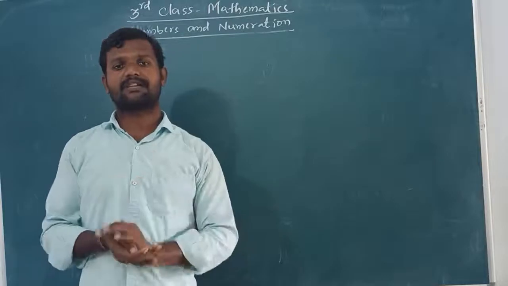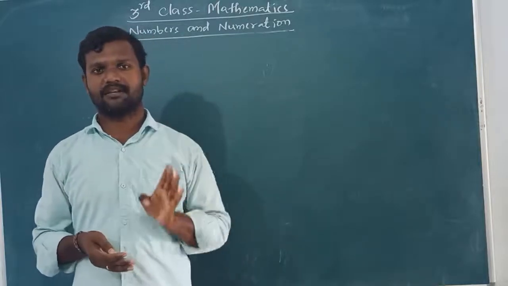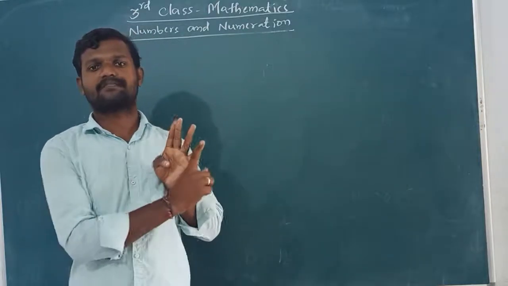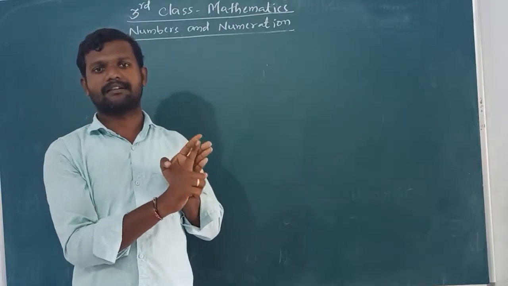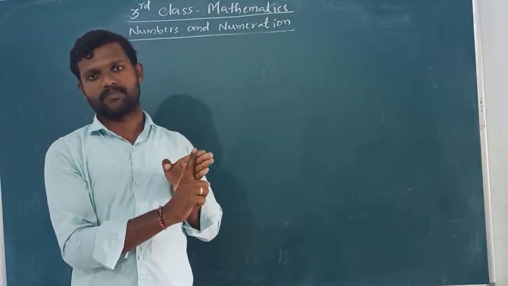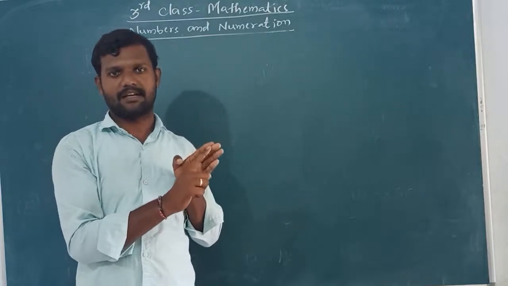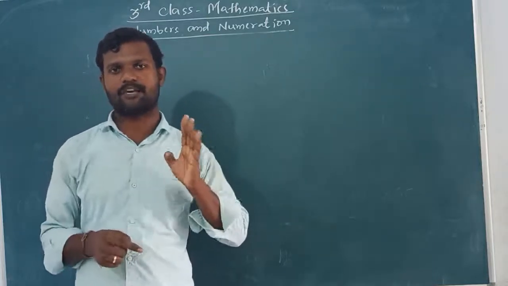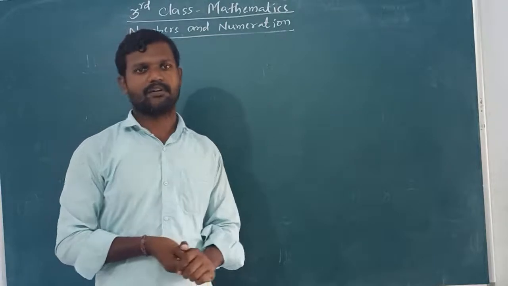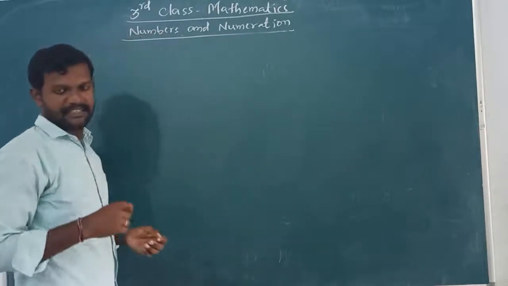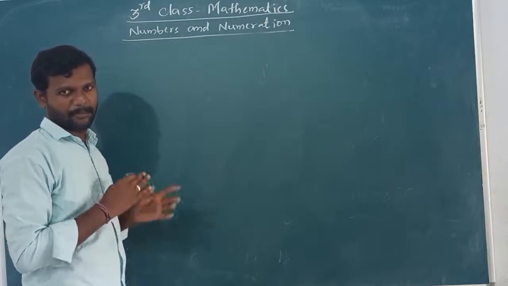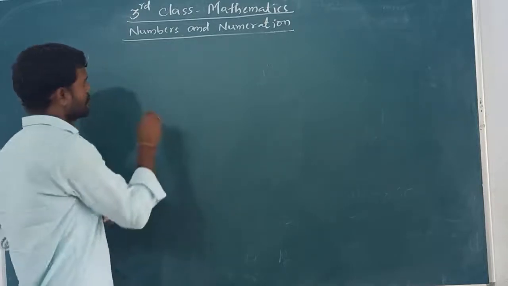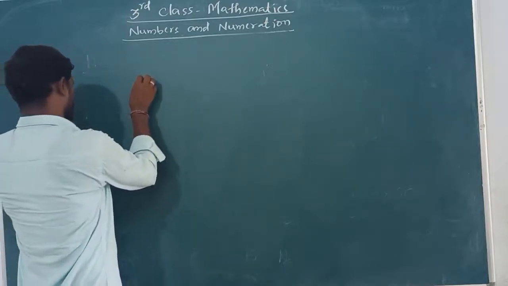How many place values are there in a 4-digit number? 4 place values. What are those? The last one is ones place. Next tens, hundreds and thousands. Ones, tens, hundreds, thousands. These four are place values. So now, if a number is given, how can we write the expanded form of that number or the place values of that number? So once again,